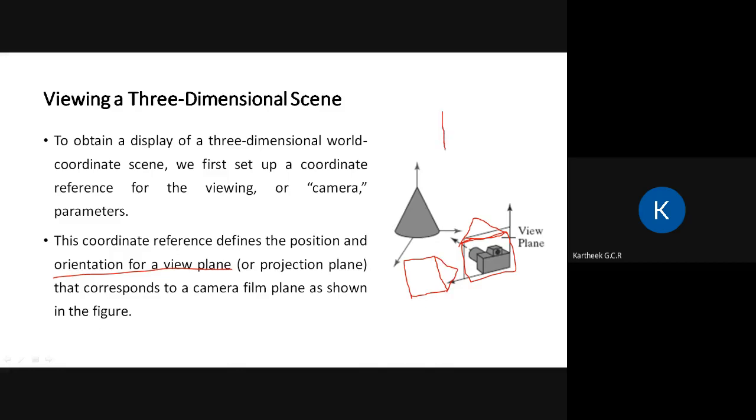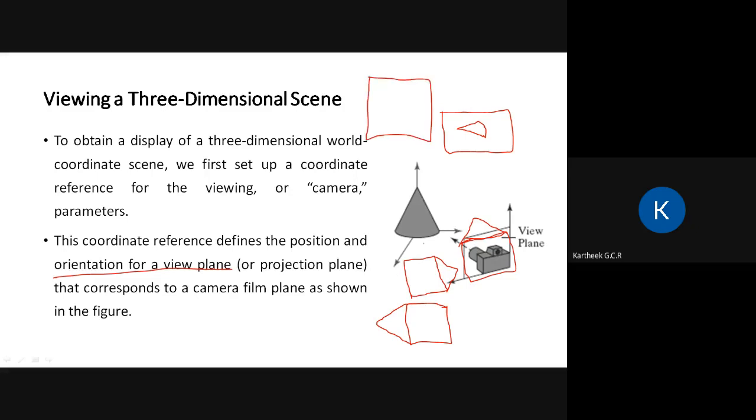So on your screen, you would see the object like this, if you are viewing it with an orientation of camera like this.